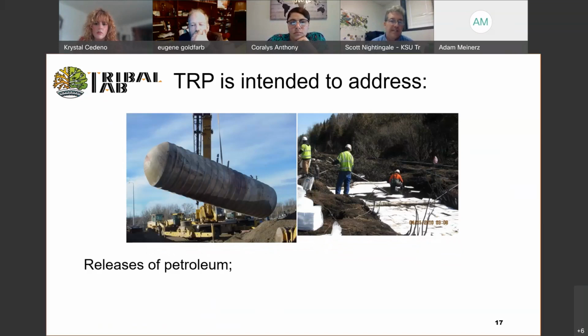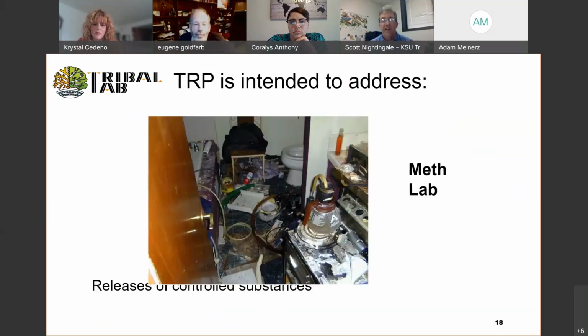Releases of petroleum and other contaminants. I'm not saying you want to put a house back right on a service station site, but sometimes that petroleum migrates. It might be affecting a few properties in the area. And working through the Brownfields program, you can see the extent of that and help make decisions on housing locations. And if you ever turn it into a tank problem, Scott in a former life was a tank person. So he's a great person to get advice from. Basically, they all leak eventually is the key.